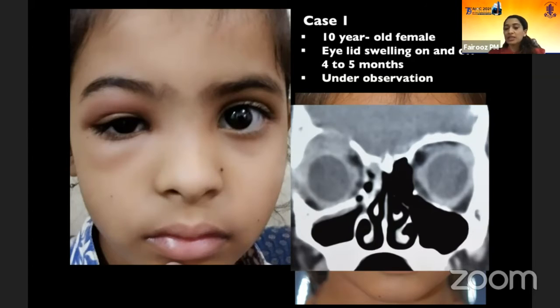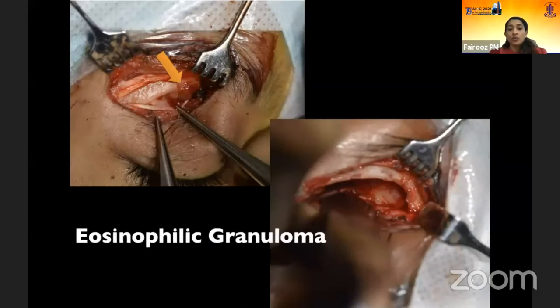So these were the things that we kept in mind: first a tuberculous granuloma, orbital tuberculosis, and eosinophilic granuloma, or, very unlikely, a malignancy, because it was on and off and not progressing. So, this was what we found. It was a very friable lesion in the superior orbit after elevating the periorbita and the periosteum. And definitely there was bony erosion, and there was a dural exposure that we could see.